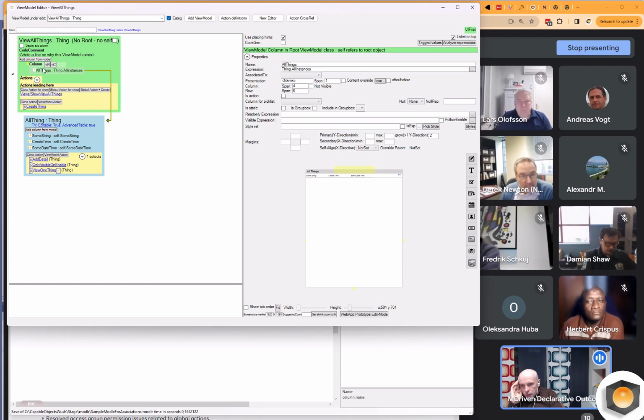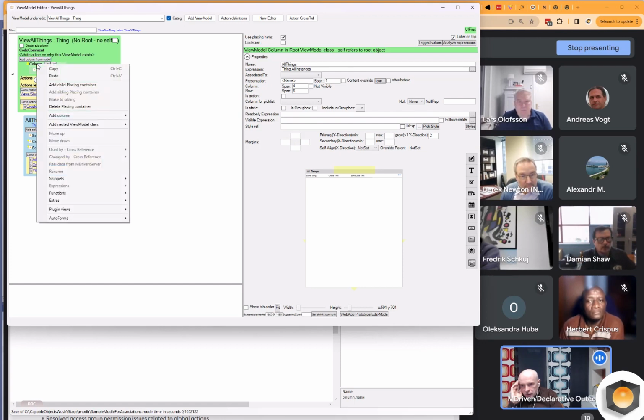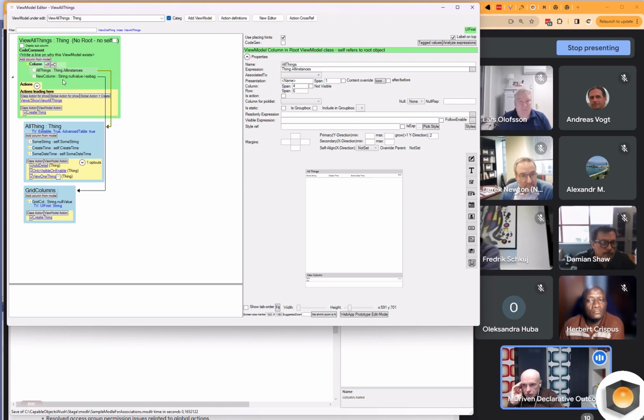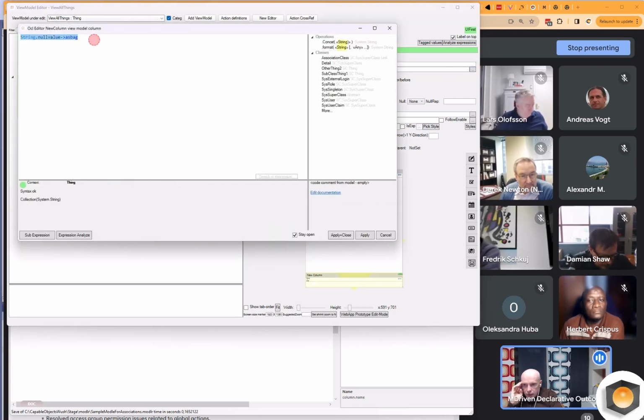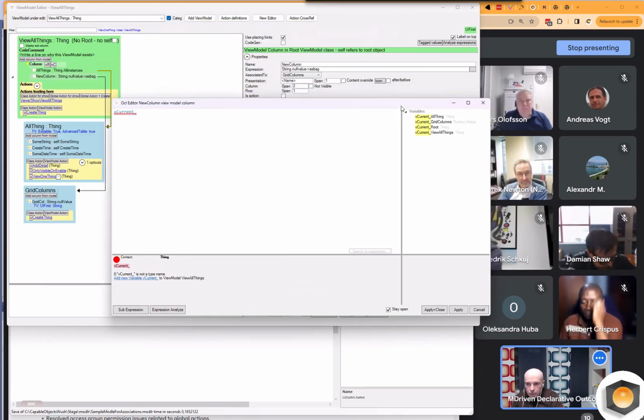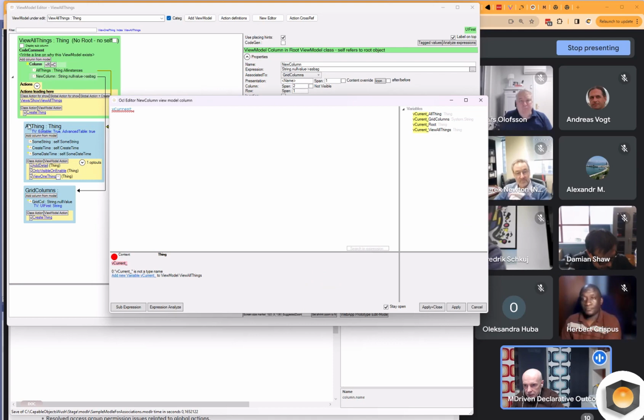And I would go about that something like this, that I would add a column that is a list of something. And what should that be? Well, it started with the selected one, so that's the current of this one, which is named all thing.